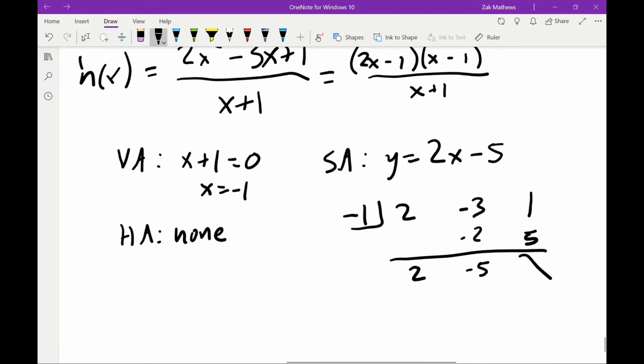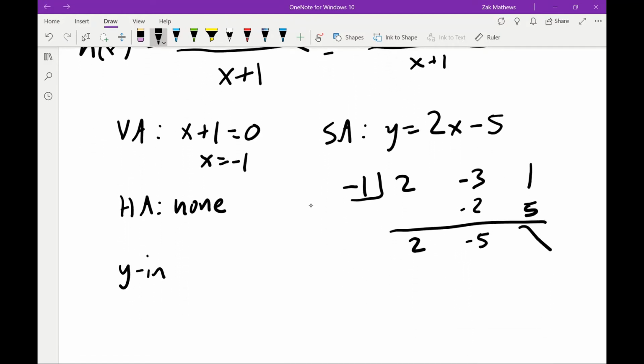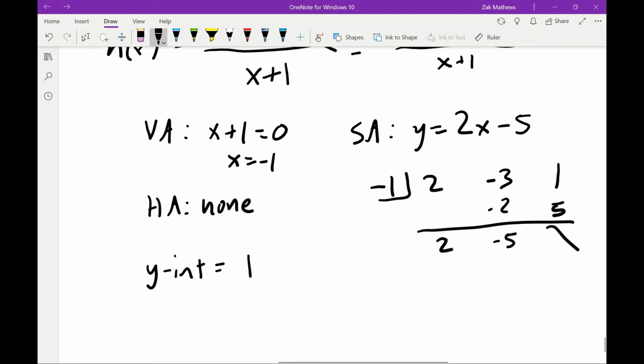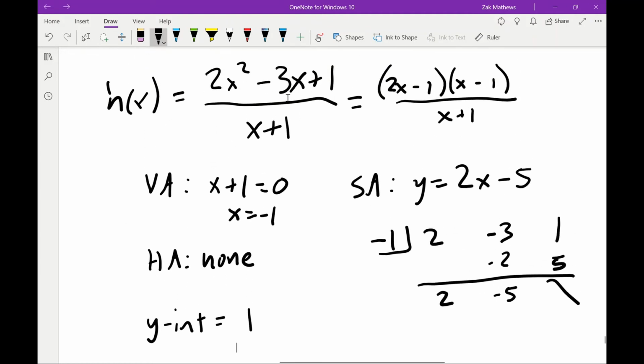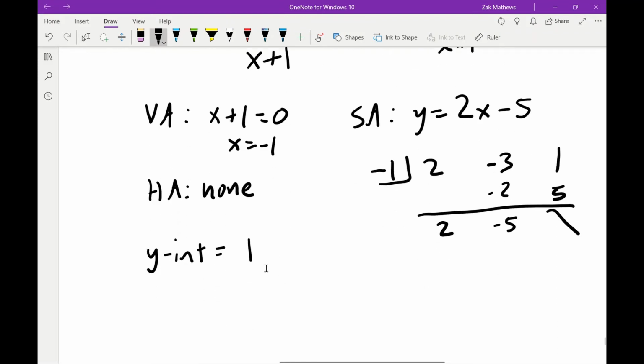Next, I'm going to find my y-intercept. My y-intercept, I plug 0 in for the x's. And when I plug 0 in for my x's, I get 0 minus 0 plus 1. That's 1. 0 plus 1 is 1. And then my x-intercept